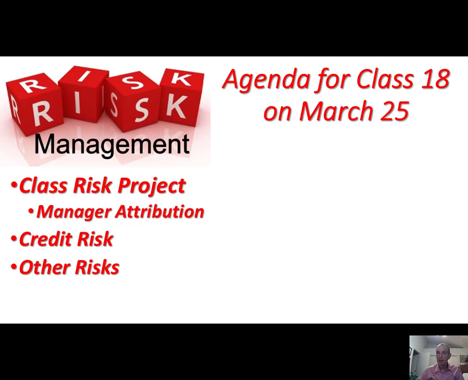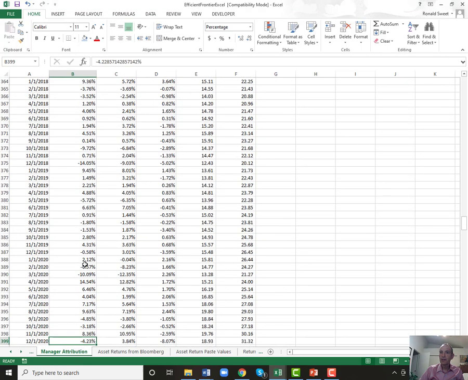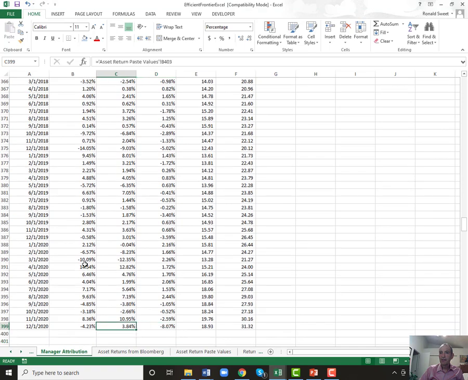But let's get into the final stage of our project and look at how we're going to finish up manager attribution. So last class we got Fidelity set up in the S&P, and we discovered there is a data issue that I just cannot fix, and that is the fact that every December the Fidelity Fund has a large capital gains distribution. I like to use the Bloomberg because it adjusts for that, and this is pretty huge, and it's probably the entire reason why they're underperforming.